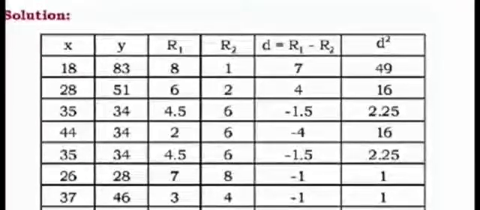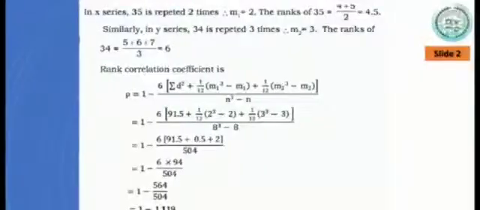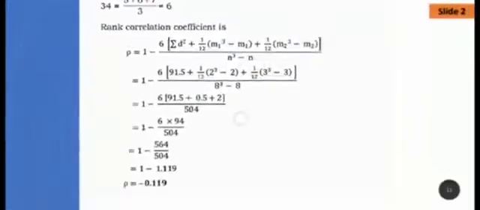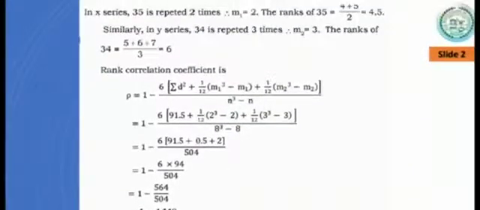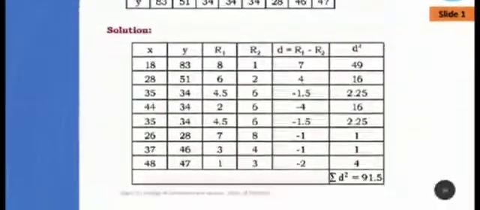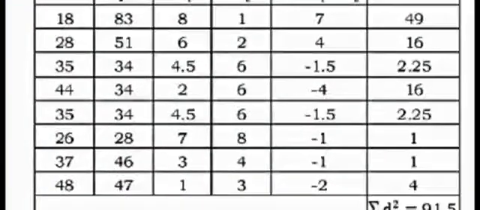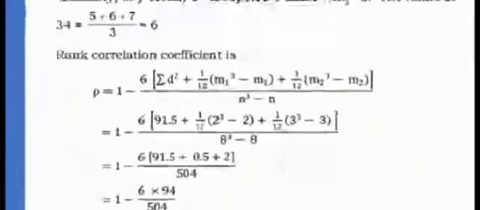R2 are the ranks for the Y values. Then D is equal to R1 minus R2, then D square, and then finally summation d square is equal to 91.5, and then finally you apply the formula. Oh, yes. There is one change here. The values are repeating. When the values are repeating, the formula changes, and the formula we use here is